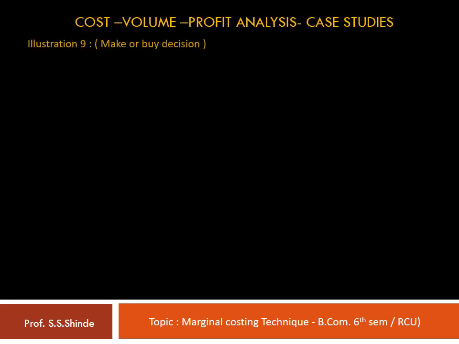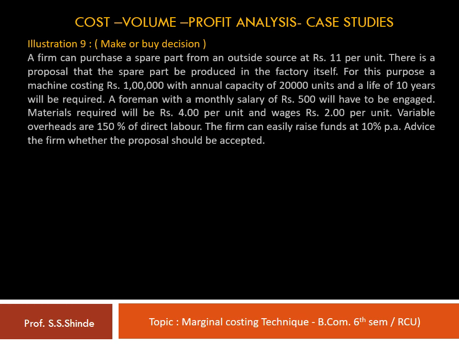Let's take up an illustration with make or buy decision. Let's go through the contents of the illustration. A firm can purchase a spare part from an outside source at rupees 11 per unit. There is a proposal that the spare part be produced in the factory itself. For this purpose, a machine costing rupees 1 lakh with annual capacity of 20,000 units and a life of 10